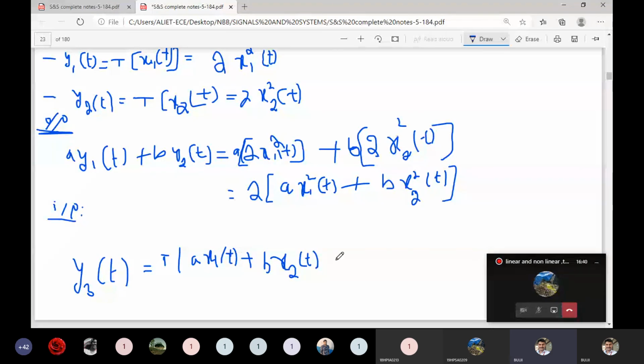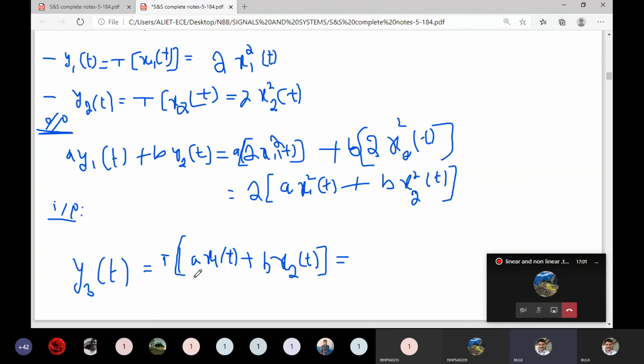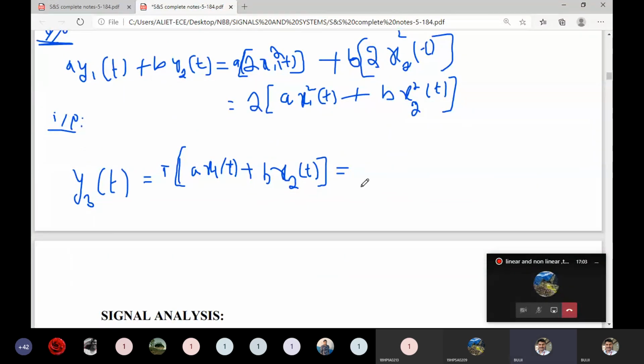Here we can write it as the transformation of this one and this one. Okay, first of all I have taken the total thing. Individually I can apply a into